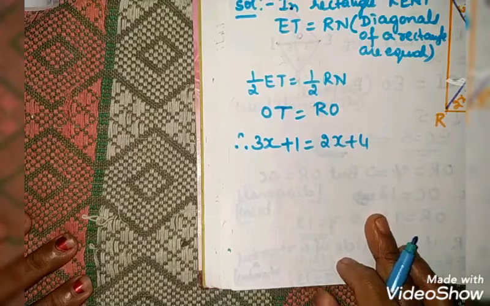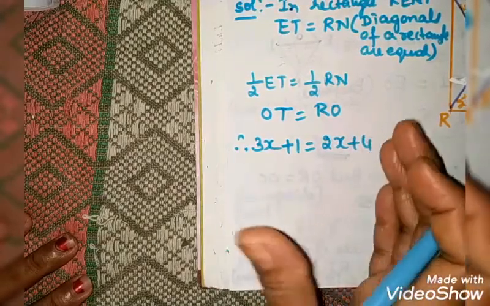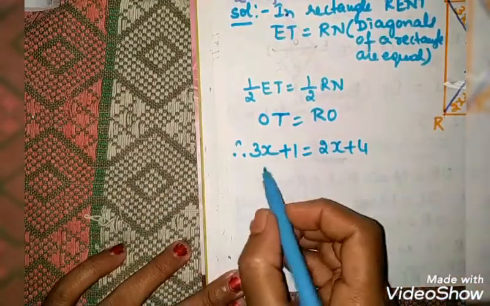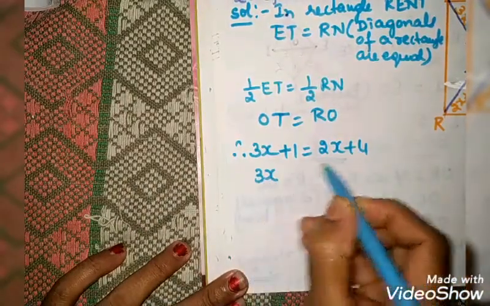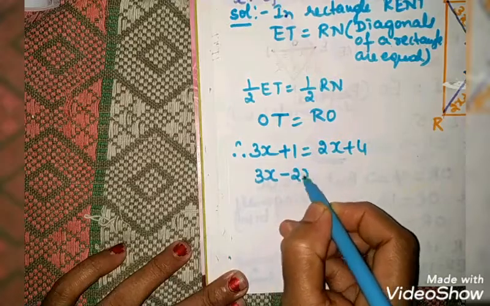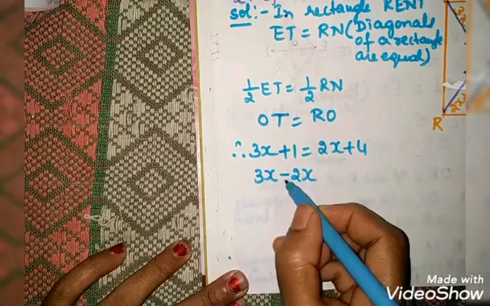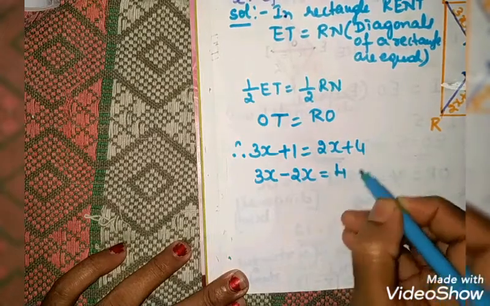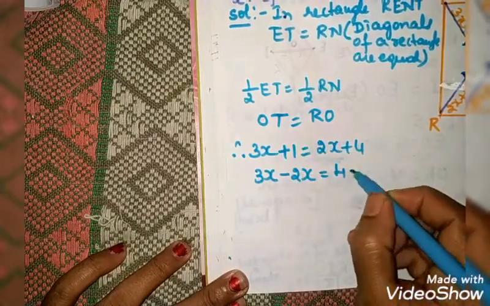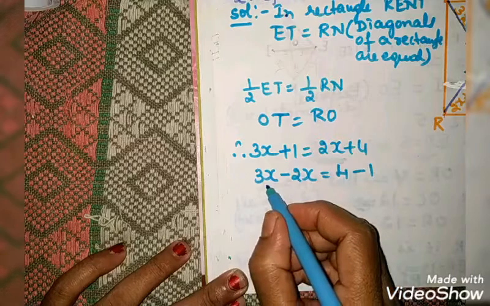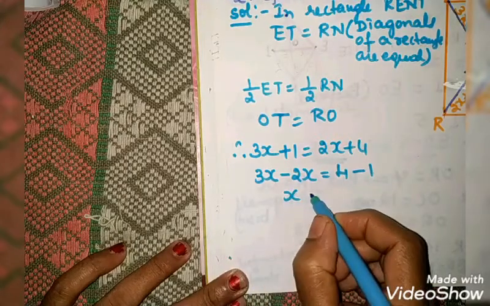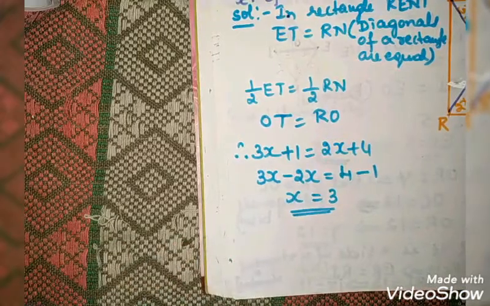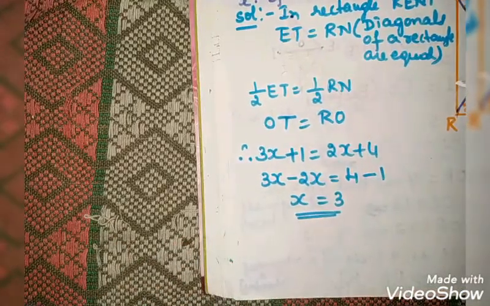What we have to do here? We have to bring all the unknowns to one side, and the numbers, the constants, to the other side. Let us do that. 3x. Bring this 2x to the left hand side, LHS. While bringing it, its sign changes, it becomes minus 2x. Is equal to, here what remains? 4. As it is. Bring this 1 to the right hand side, that becomes minus. 3x minus 2x, children, 1x or x. 4 minus 1, 3. In this way, we can solve this type of sums.